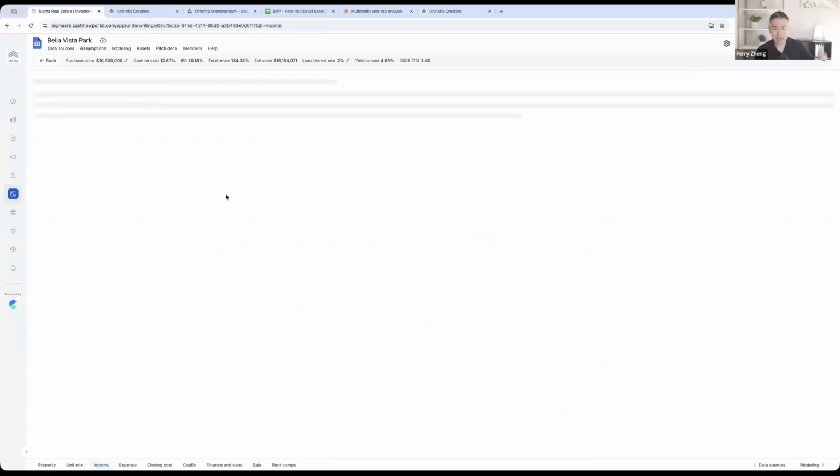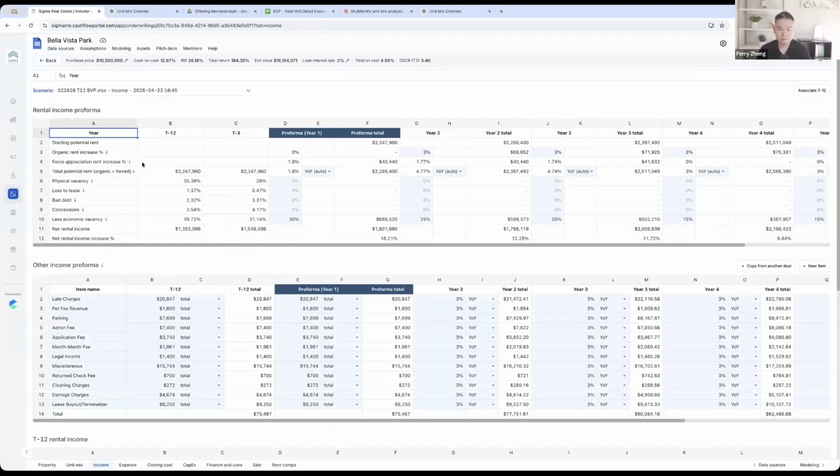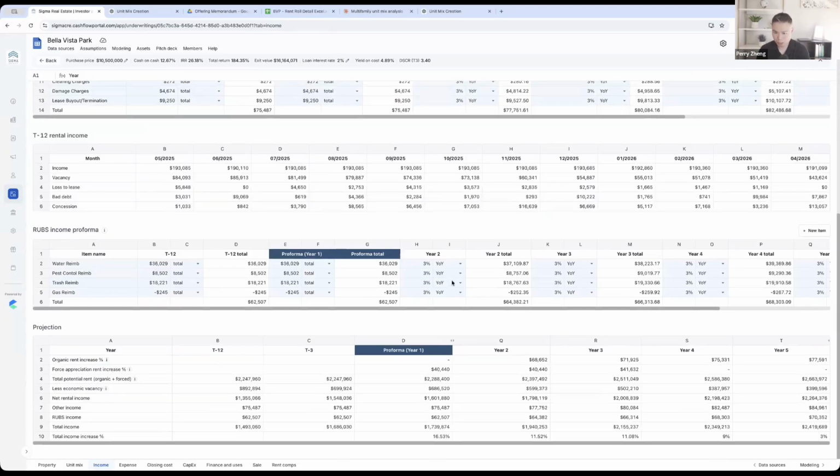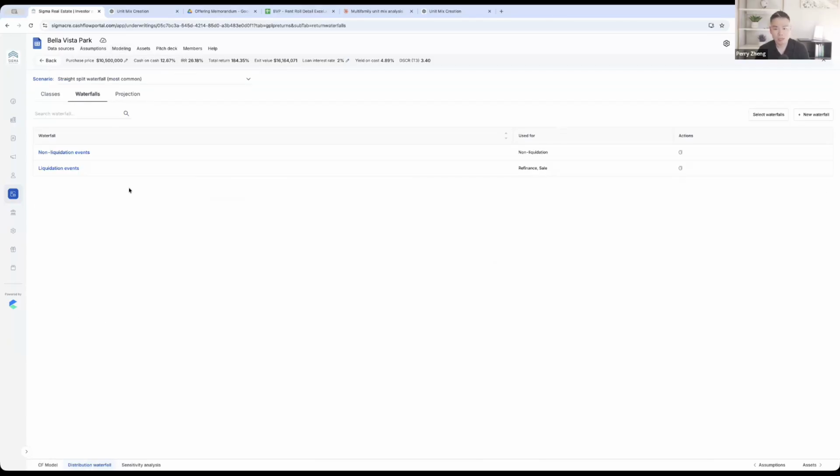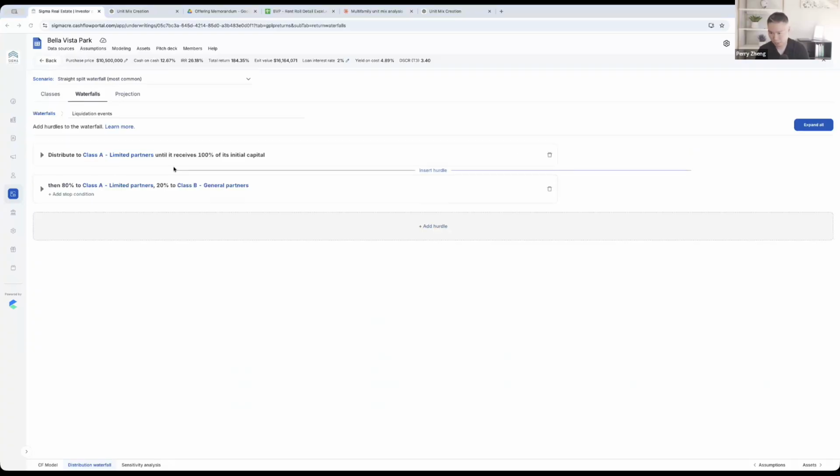Then it has the full underwriting model. So this is the first year, this is the second year, all the projections throughout. And then you can say every year I'm going to increase my rent by 3%, 4%, and so on. What's more, why do I use this as opposed to my spreadsheet? Most of the reason folks use this is that when it comes to waterfalls, it gets more complicated. If you do have a syndication, you will have LPs, and the profit sharing is where the spreadsheet usually messes up. Let's say you have a profit sharing that's an 80-20.